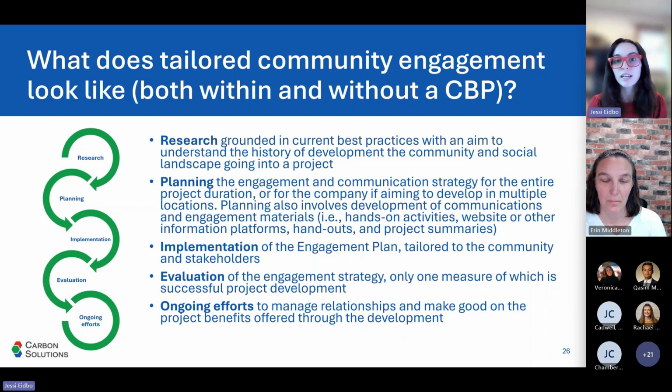And that often begins with something that is sometimes forgotten, the research. And so obviously I mentioned at the beginning, there's a lot to pull from in literature and scholarship on theory behind community engagement, but there's also a lot to pull on when we think about researching the community, the social landscape, the stakeholder landscape that a project intends to operate within. And this is often desktop, right? We are fortunate to live in the age of the internet where there's a lot of information online. We can access news and media archives. We can access meeting minutes from local planning commissions or county boards or city councils, and all of that information sets a project up to cultivate an engagement strategy that is right-sized and allows you to move into phase two,